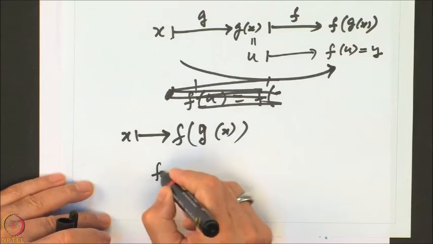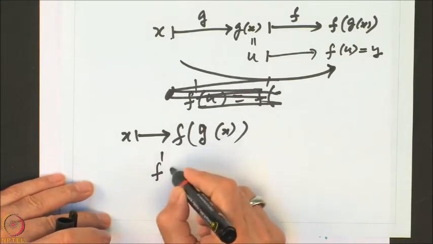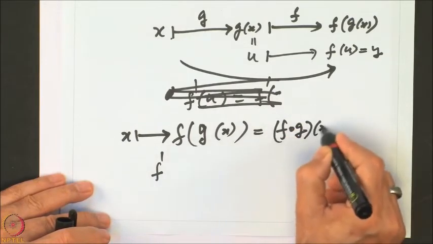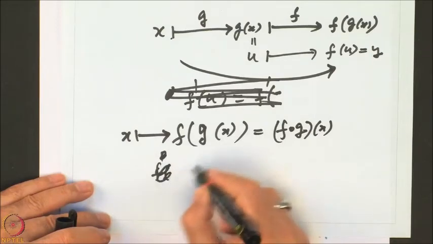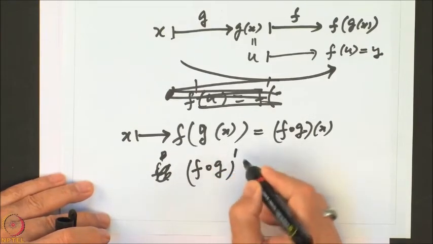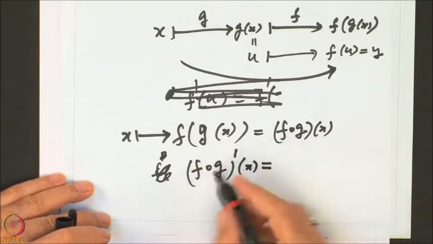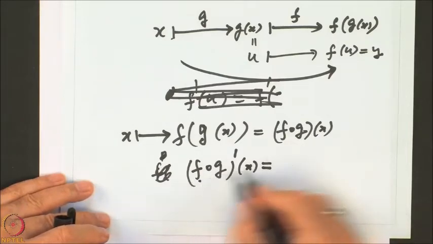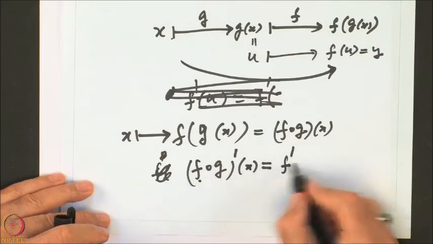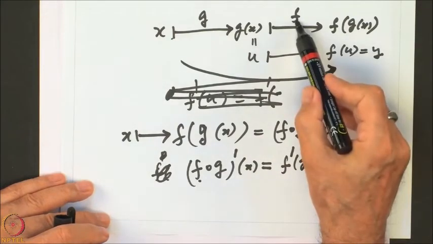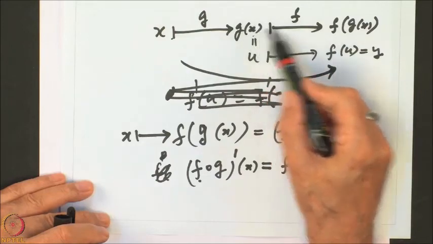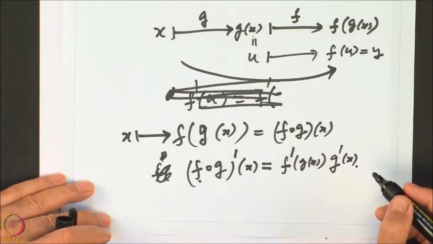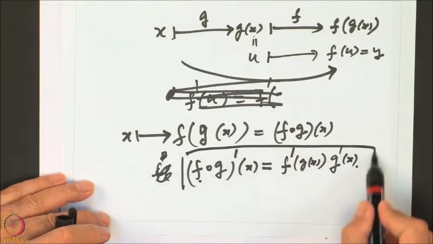So we can ask, can I compute the derivative of f of g of x? This is normally written as f composite g of x. What is the derivative of f composite g at the point x? One says this is the first function f. Read this equation from the left side: f derivative at the point g of x, because f is defined at g of x, into the contribution of g, that is g dash of x. That is how you calculate the derivative of the composite function f composite g.